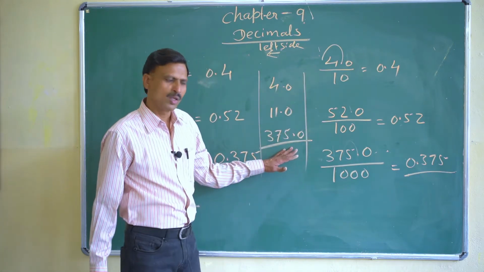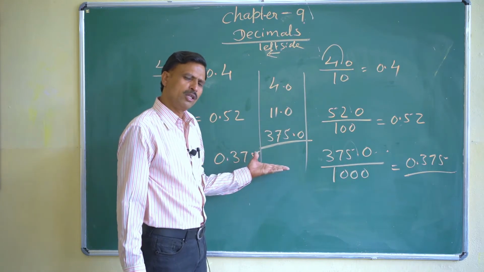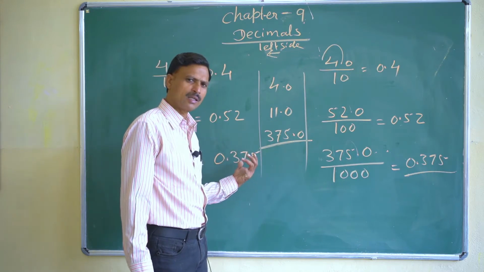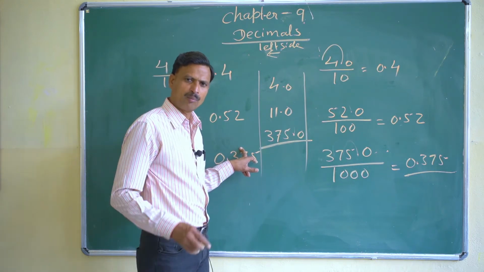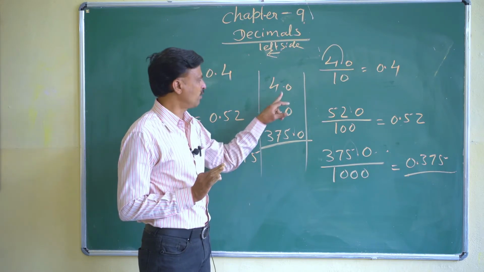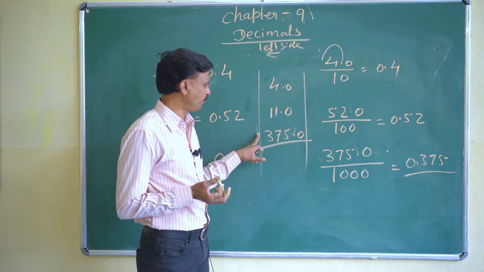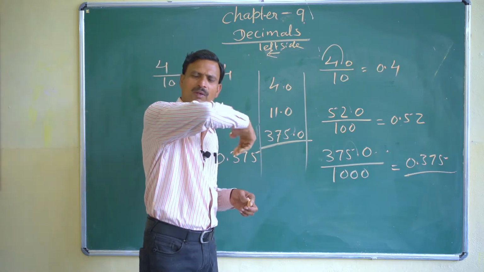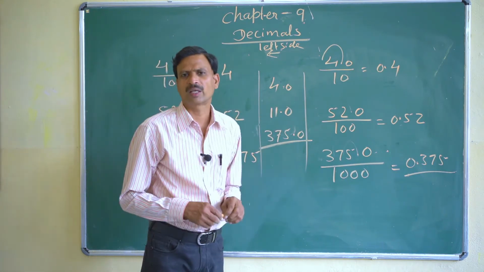Got it now? So if we divide these numbers by 10, 100, 1000, 10,000, you can simply write the quotient, the answer. The only thing you have to do is shift the decimal toward the left side. As many zeros as there are in the 10, means if you divide by 10, you cross 1 digit. If it is 1000, you cross the decimal 3 digits, 1, 2, 3. And if it is 100, the decimal will shift 2 digits to the left. In this manner we can convert.